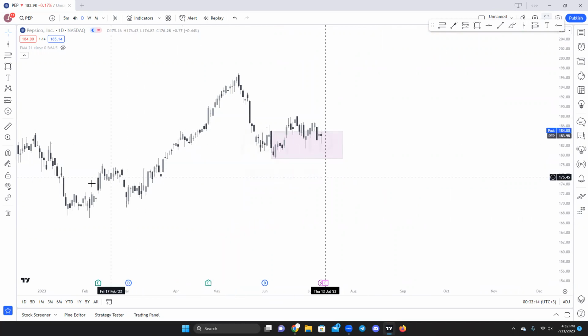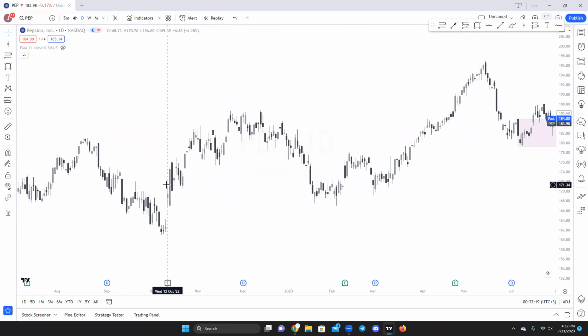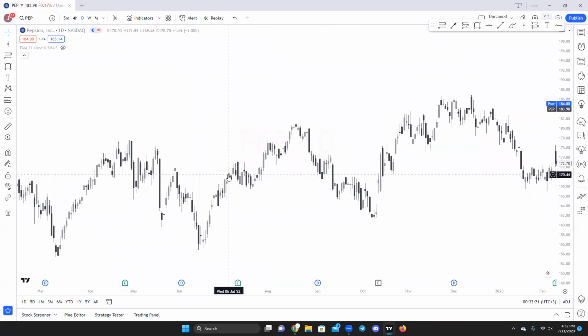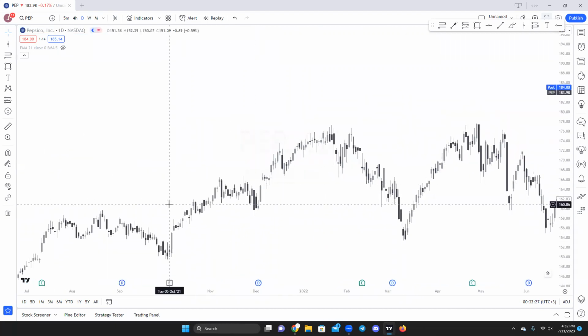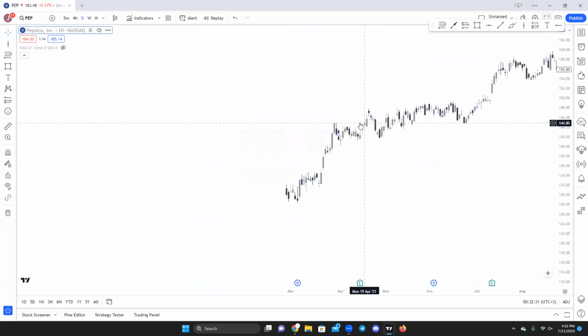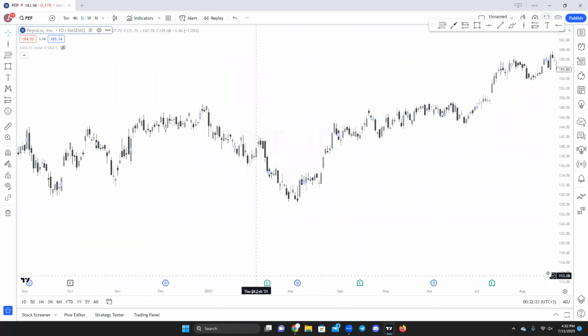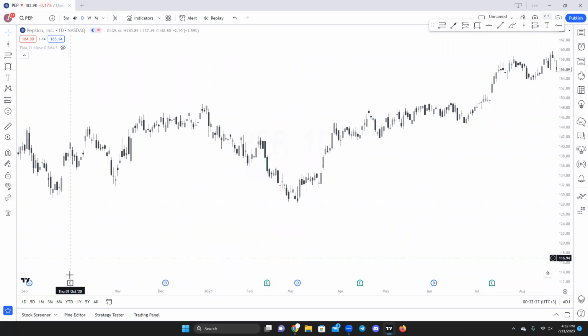Can see if earnings are good, it usually gaps up. They've been beating earnings. So following earnings reports, we have generally traded higher. Here we did trade lower, but it's usually a catalyst to push us up if we get good earnings. And you guys, we can see that here. This earnings, so it was a positive surprise. This one, I believe, would just be